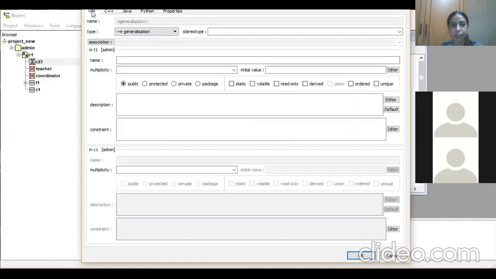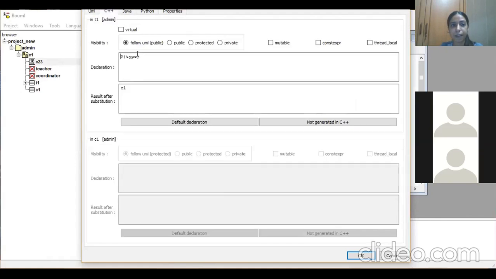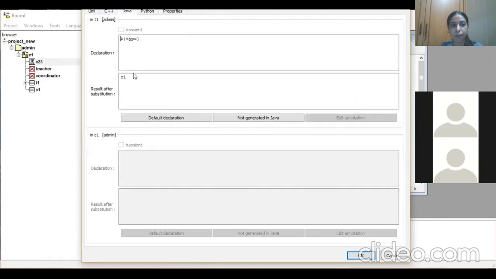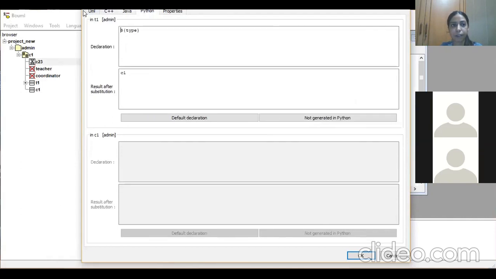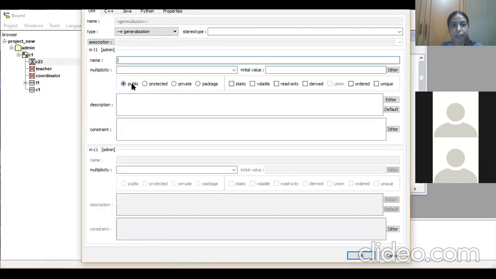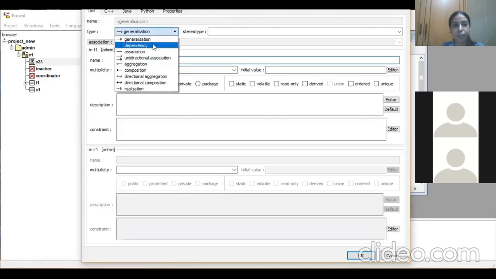I will see this UML part, then I can see C++ and Java code. You can select the public, protected, private, package, all the identifiers from here.